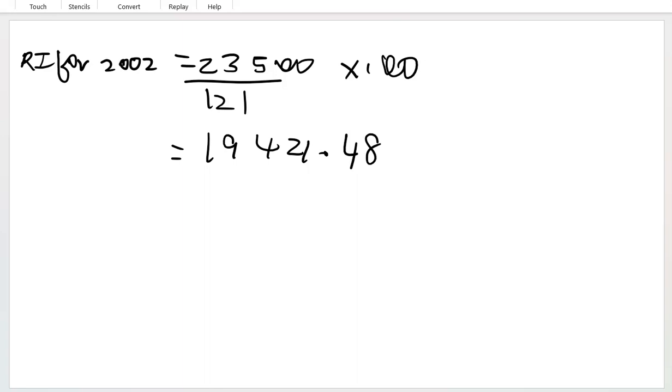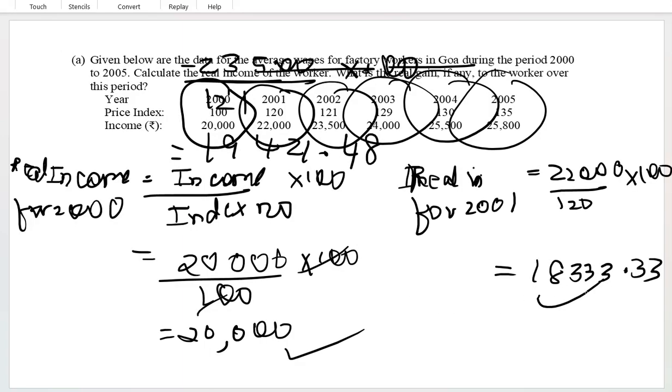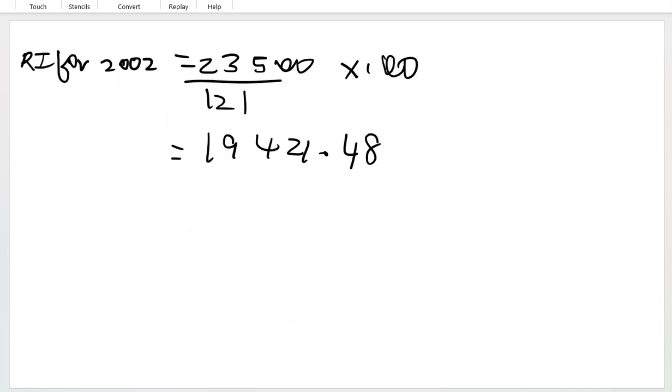So now if you clearly observe, the real income has increased from 18,333 to 19,421. So you can say that the gain was 19,421.48 minus